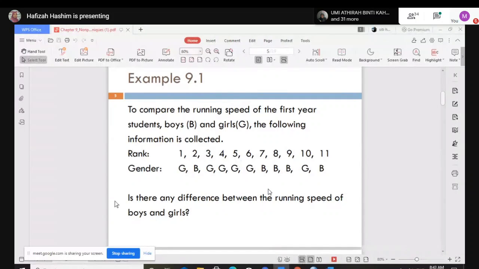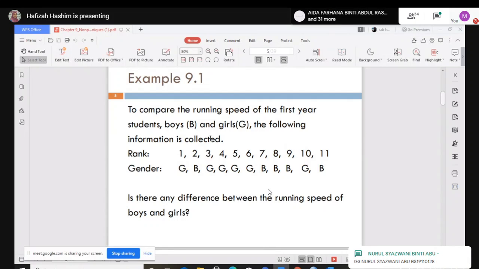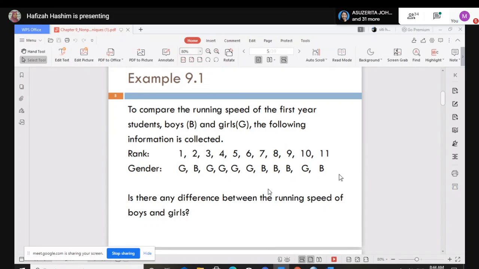The first example, 9.1. To compare the running speed of first year students, boys and girls, the following information is collected. You have the data of the rank together with the gender. For the first rank, it's a girl, second was a boy, third was a girl, and so on. The question is, is there any difference between the running speed of boys and girls?